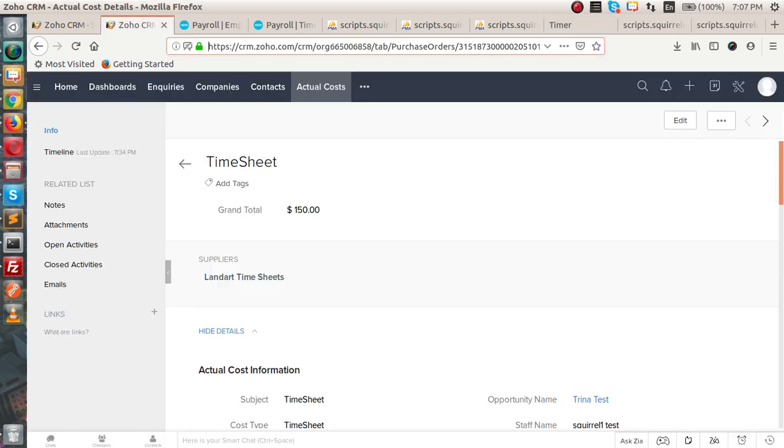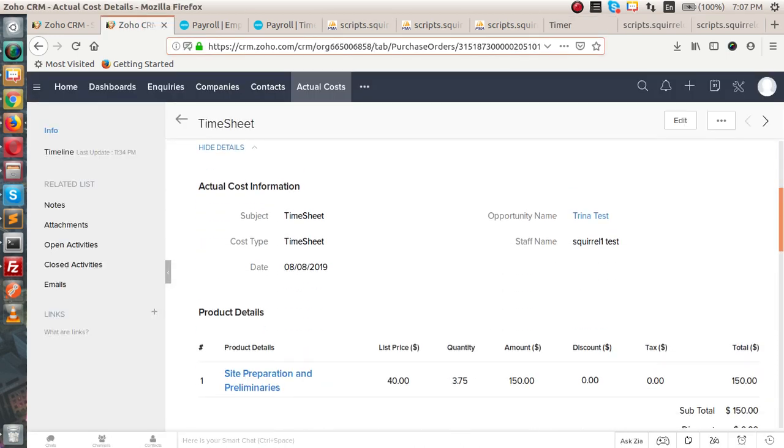So for the instance, I have checked that the timesheet actual cost record has been created in CRM, and